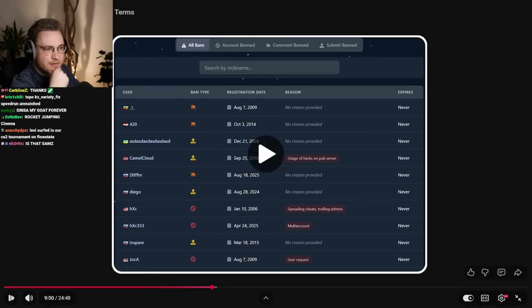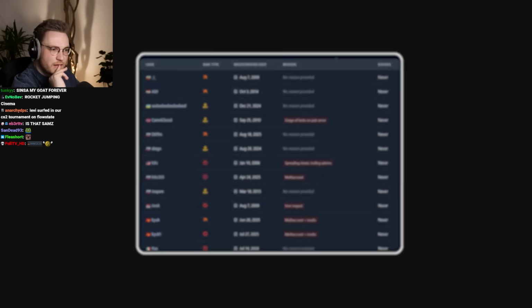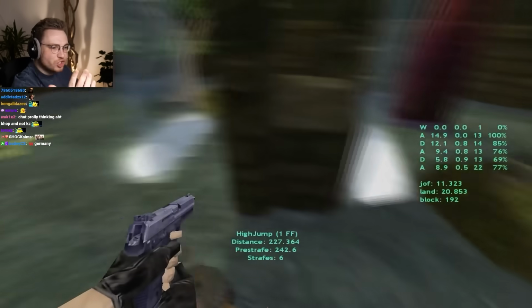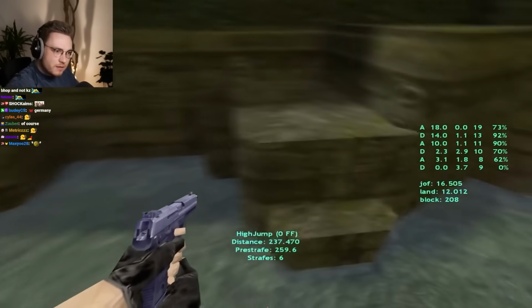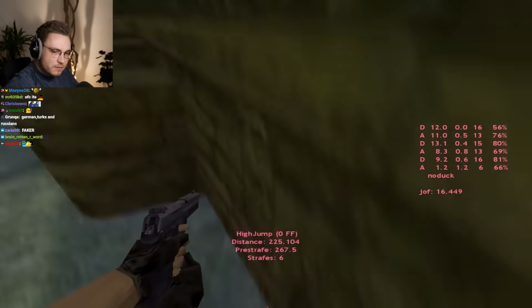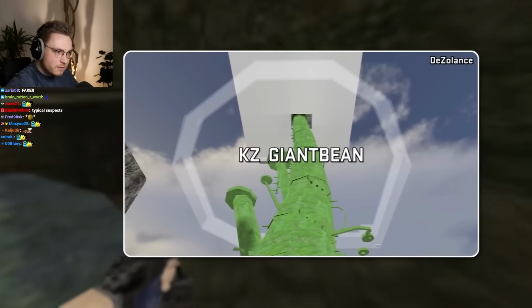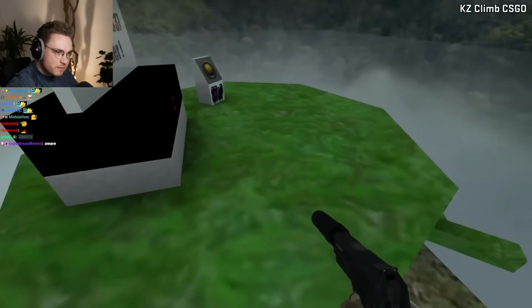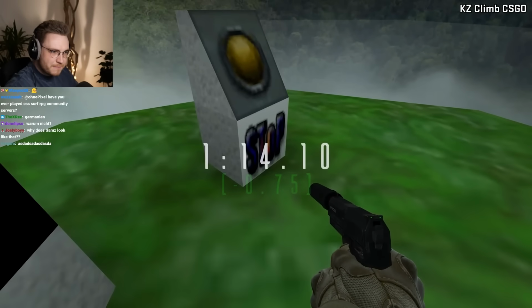Why always us? Cheaters, and debates broke out over physics settings, things like SV air accelerate and FPS limits, because tiny differences could invalidate an entire world record. But the mid-2000s are often called the golden age of 1.6 KZ, with legendary maps like KZ Giant Bean, which does seem to have been the first KZ map to feature a timer, which further encouraged players to try to